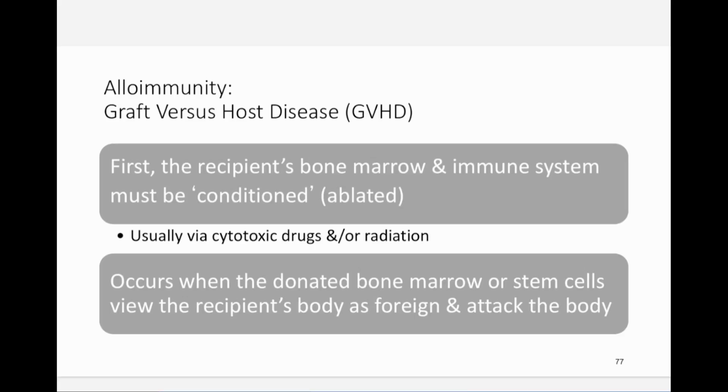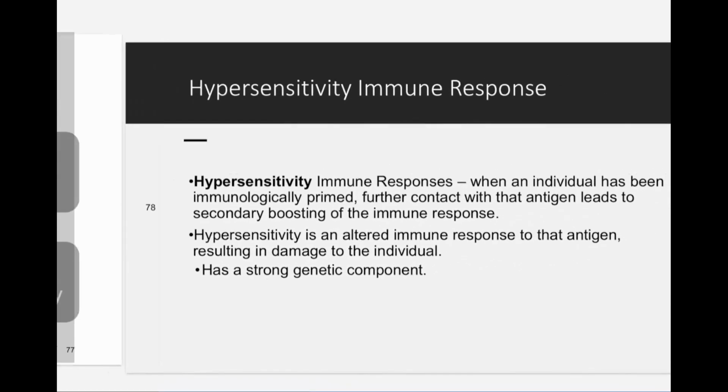So what they do is they ablate. Whenever you get a transplant, you have to ablate your immune system. So you take these drugs that pretty much take away all your white blood cells, so you don't make any, because you don't want to attack the new organ that you're getting. So usually before a transplant, we wipe out every bit of immunity that your body can produce, so you kind of start fresh with the new organ. But in these cases, the graft itself, the tissue, starts making its own white blood cells, and it attacks you.